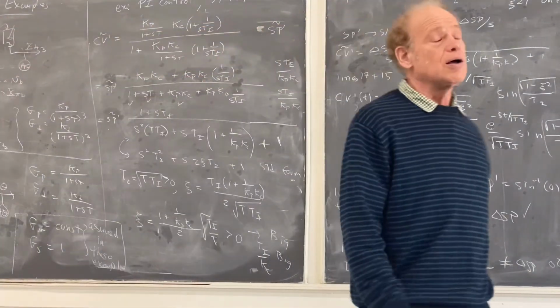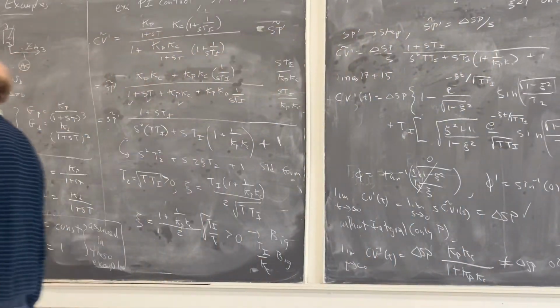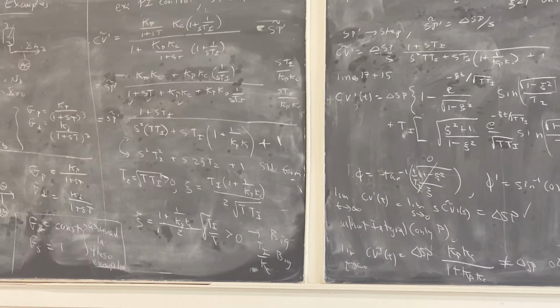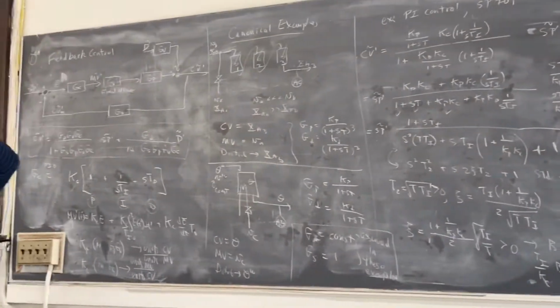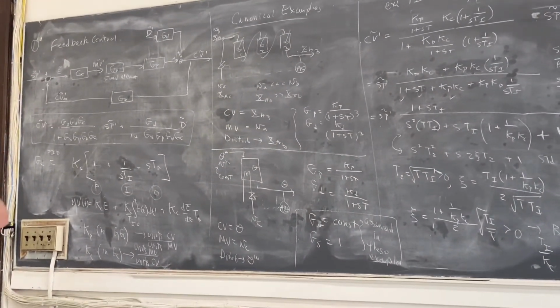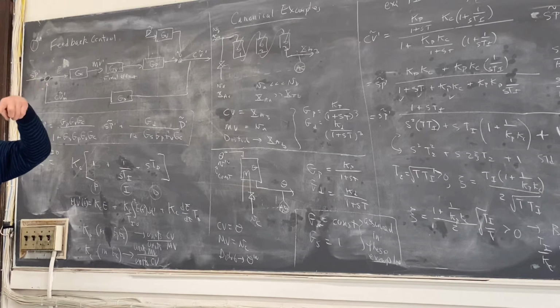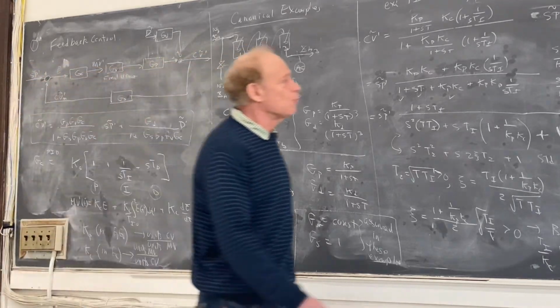Well, one goal is we want to get CV to the set point. Another goal, we don't want CV to be oscillating too much. It can oscillate a little bit, but you want to get it to the set point. When CV oscillates, that doesn't turn valves on and off, because that's an output. But if the manipulated variable oscillates, then the valves are going to be opening and shutting all the time. And once you start opening and shutting valves really fast for a long time, they break. So an important goal,